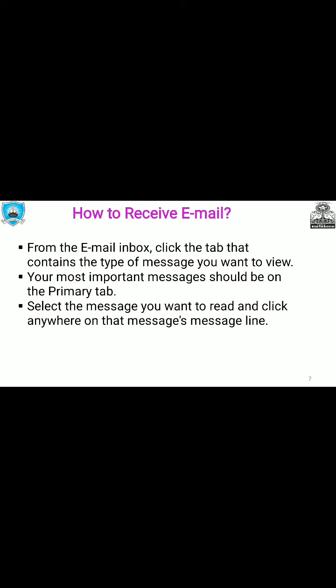From the email inbox, click the tab that contains the type of message you want to view. Your most important messages should be on the primary tab. Select the message you want to read and click anywhere on the message line.